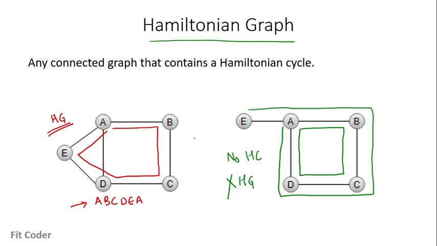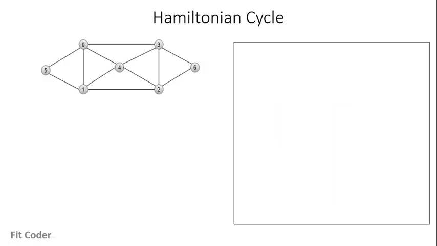So now let's see, if we are given a graph, how can we check whether a Hamiltonian cycle exists or not? And if there is a Hamiltonian cycle present, how can we find it? The data structures that we would require here are, first, the path array. Here we will be storing the Hamiltonian path. Next is the visited array to keep track of the vertices that we have already visited. Initially, all of the entries in the visited array are false.